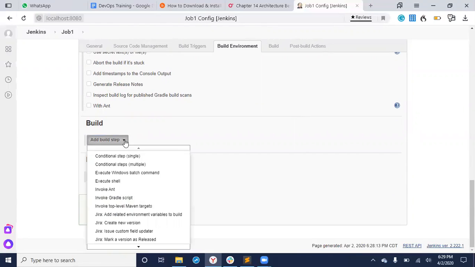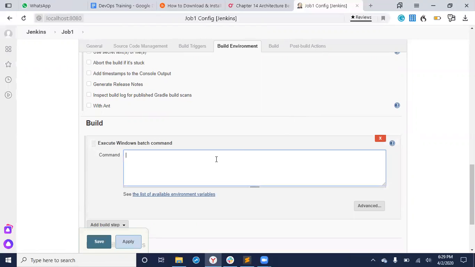Yeah, we need to put build step. What is this build step for? Basically you are running. So in this case, you can say execute Windows batch command. Basically what you are going to do, run this Java thing. Javac hello world.java. Basically the Java code which is there in that folder, I'm just compiling it. Then I need to run. So this is a syntax for a Java thing.